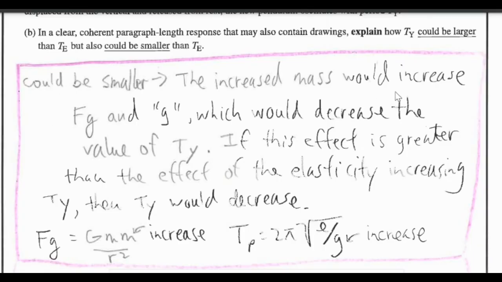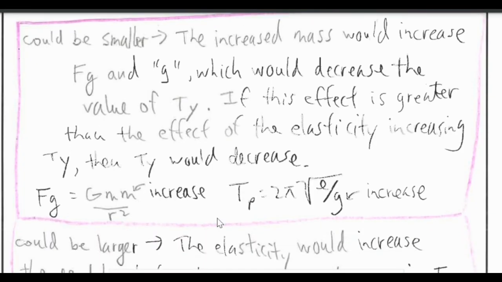The increased mass would increase the Fg and g. So I made a little note over here if this mass increased, which would decrease the value of Ty because it basically gets more force. And then if this effect is greater than the effect of the elasticity increasing the period, then Ty would decrease. And then I show another thing here where the period of the pendulum is 2 pi times the square root of the length of the string divided by g. And then if we had a larger g over here, then we'd have a smaller period. So I maybe could have added a little bit more detail, but that's the main idea involved in making the